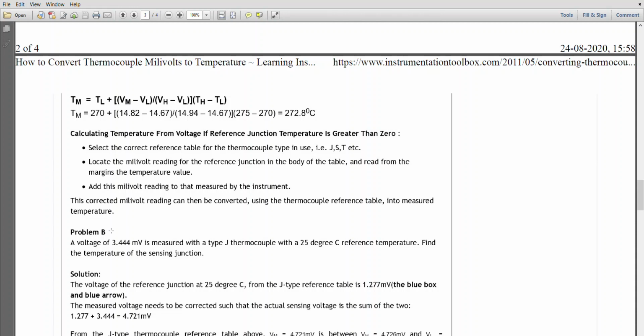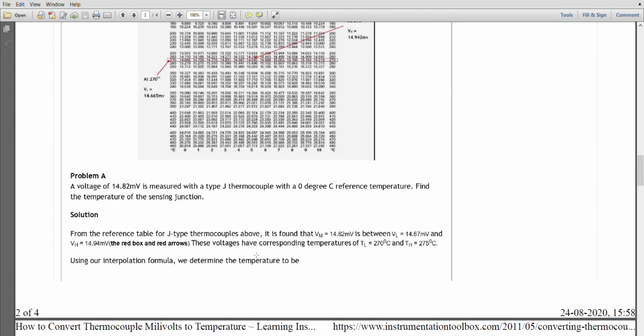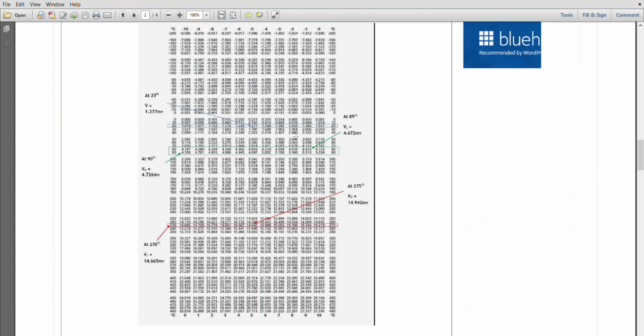Okay, this is a wrong voltage. Why has this wrong voltage come? Because there is an increase in the reference temperature from 0 to 25 degrees, so there is a decrease in the EMF. Then you add the 25-degree voltage to this EMF, and you will end up with 4.72 millivolts. You take that 4.72 millivolts and find where it is. That 4.72 millivolt is somewhere at 90 degrees. That 90 degrees is the actual temperature of your hot junction. Okay, thank you.